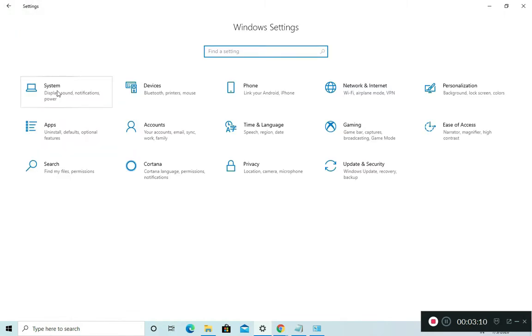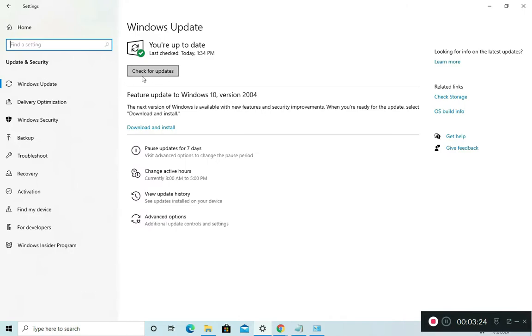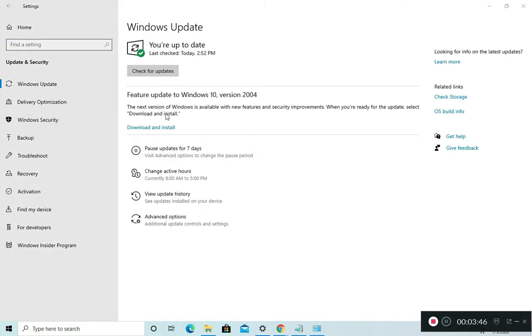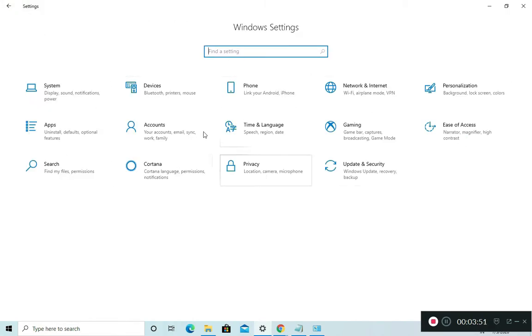So now you have to head on to update and security. It's very important, and you have to click on check for updates. I have already checked it, but I will do it for you. So click on it and you can see checking for updates, and if you are not updated to the latest version, it will take some time to install it. After it takes some time, just wait for it or do some other work. So already it is in the updated version, so I'm not going to install. So it says update completed.